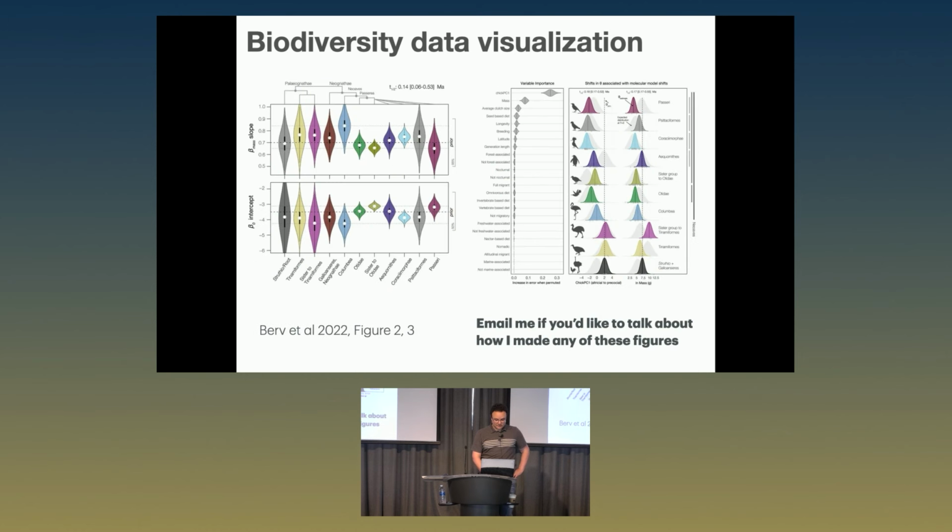Here's another example from some recent stuff that's still in review. These are just examples. So if anyone is interested in this particular aesthetic or style of visualization, I'd be very happy to talk about how to make figures that look like this. I know we're not going to go into the science, but